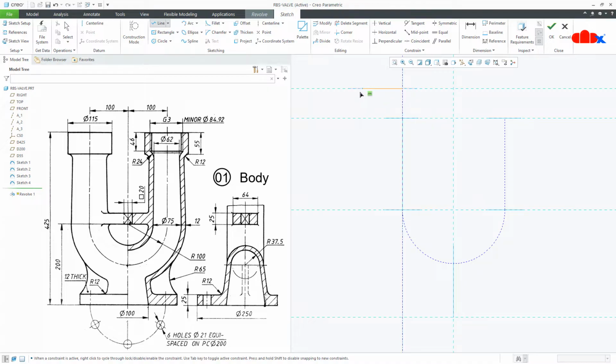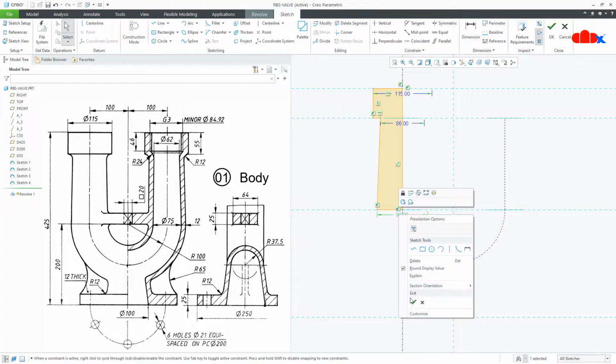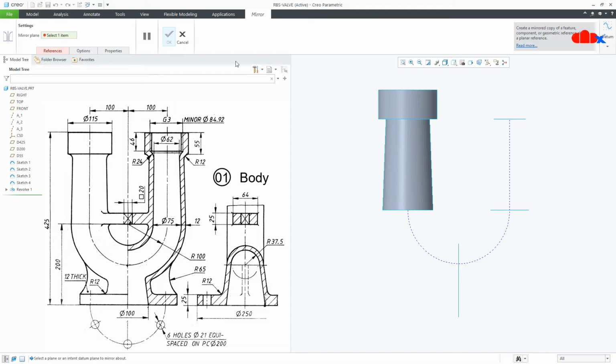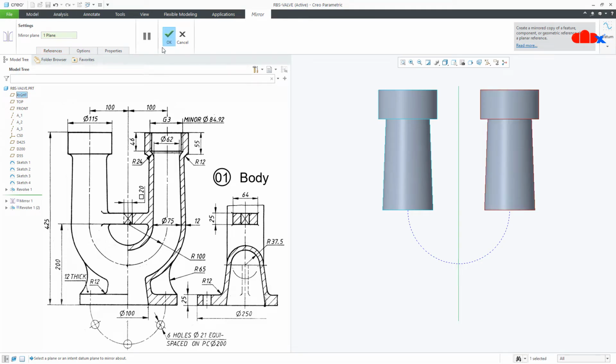I'll start from here, go this side, down. Now this is 115. This will be 62 plus 24, 12 plus 12 thickness. And this will be 75 plus 24. Say OK and OK. Go for mirror, right datum plane and say OK.